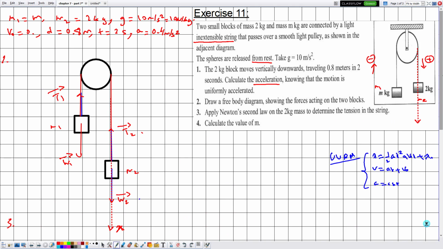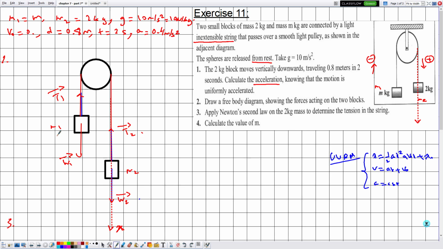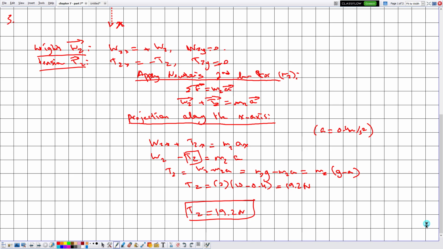Now they are telling me to calculate the value of M. So what does M represent? It's the mass of this block. In order to determine the mass of this block, we need to apply Newton's second law because M appears explicitly in this expression. Okay, so now let me say